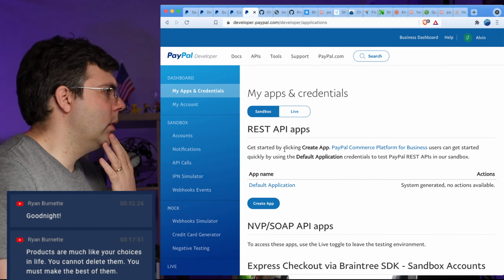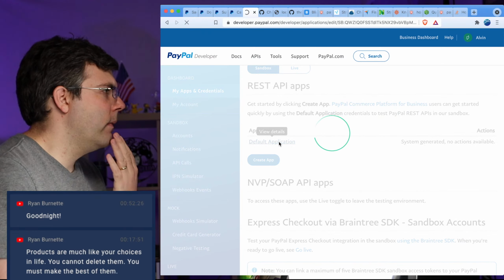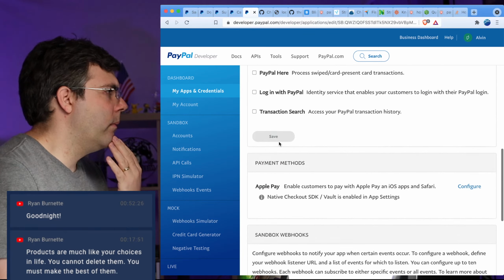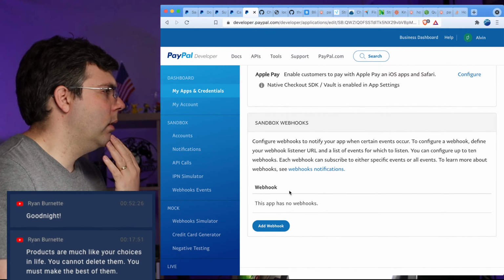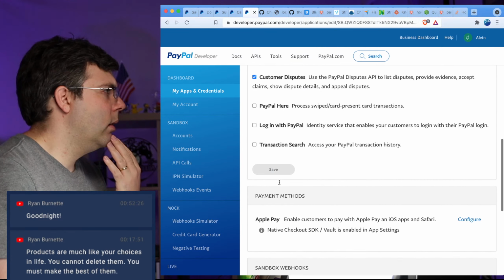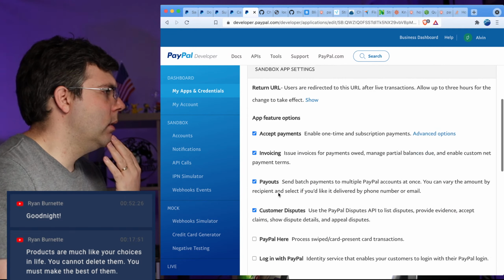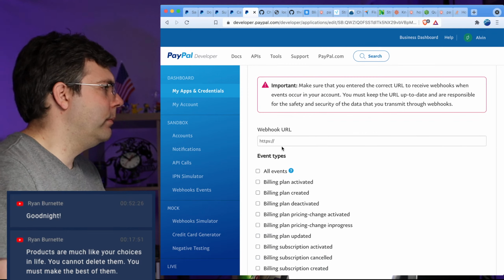Maybe this is Sandbox default application. There we go. What? This has no webhooks. I could have sworn I added webhooks to this just moments ago. Maybe I didn't click the final save.